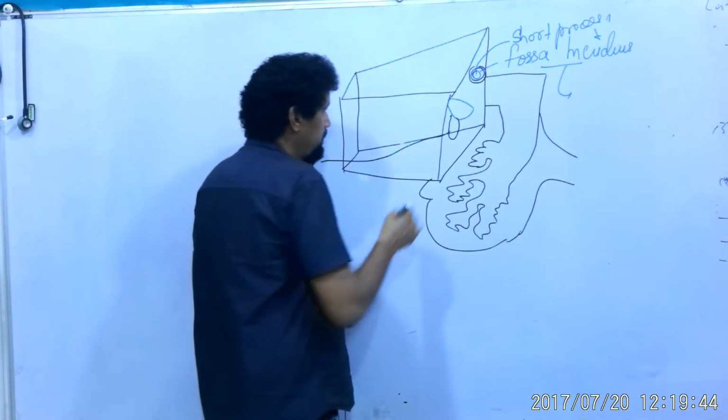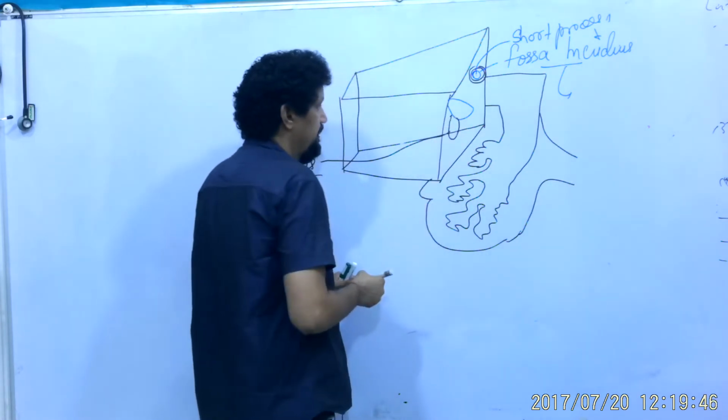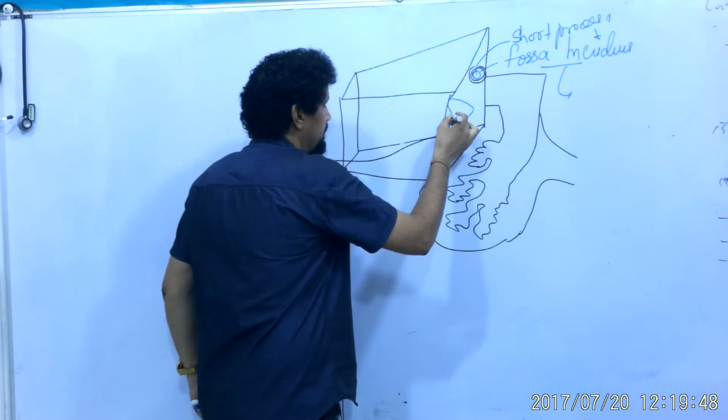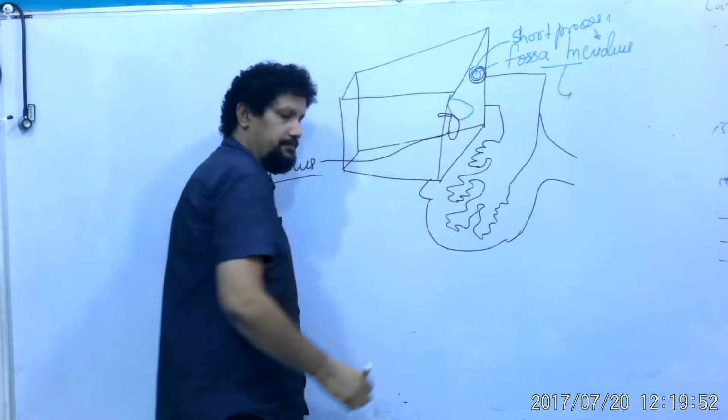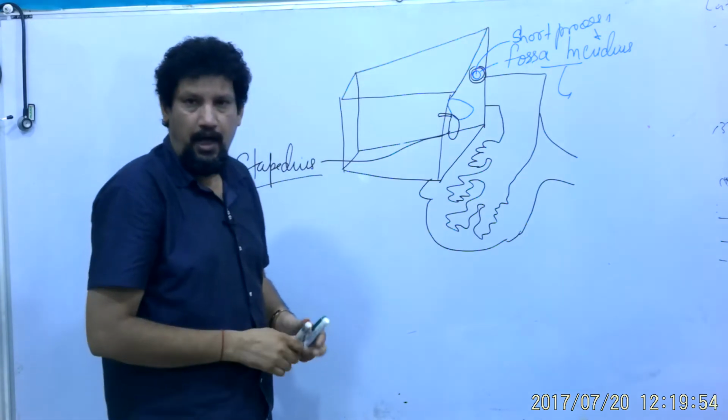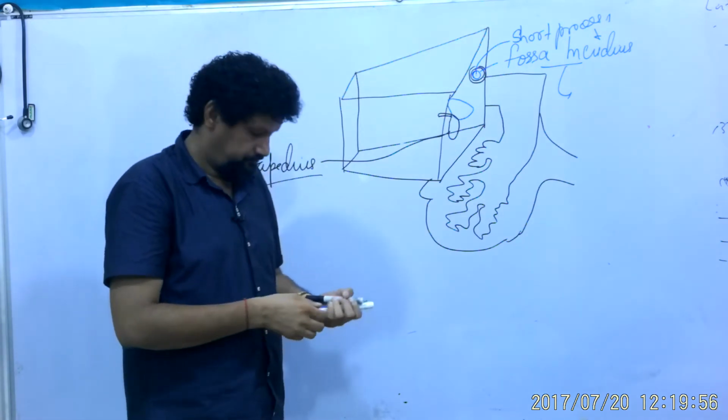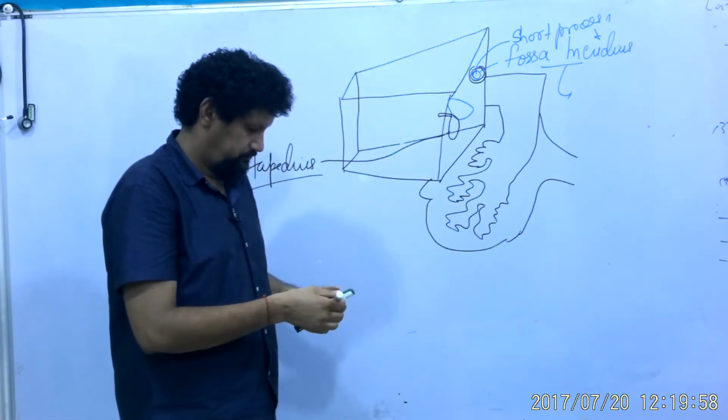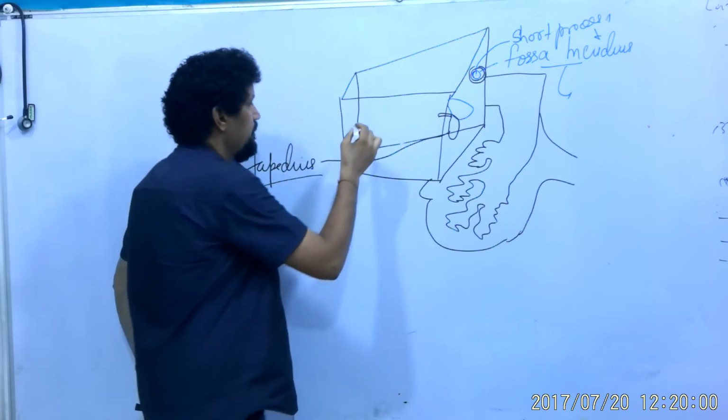So this muscle, the stapedius, is entering the middle ear cavity, and the upper part is having